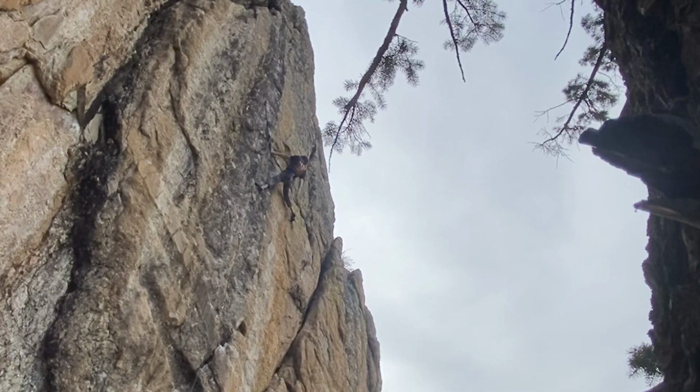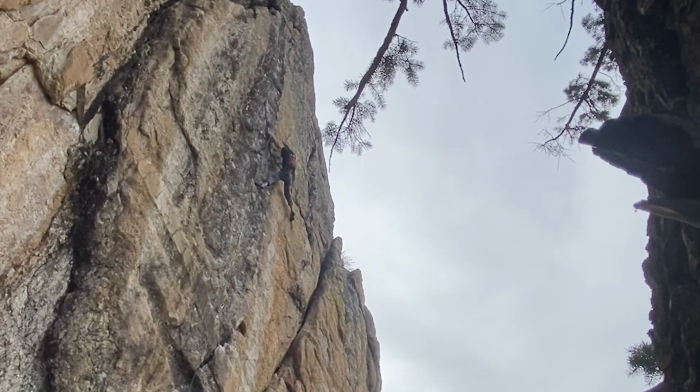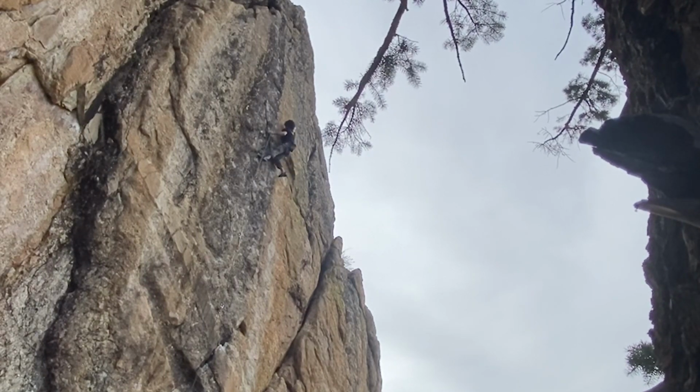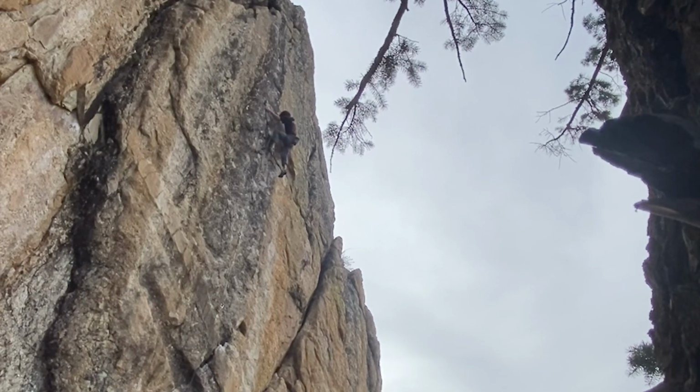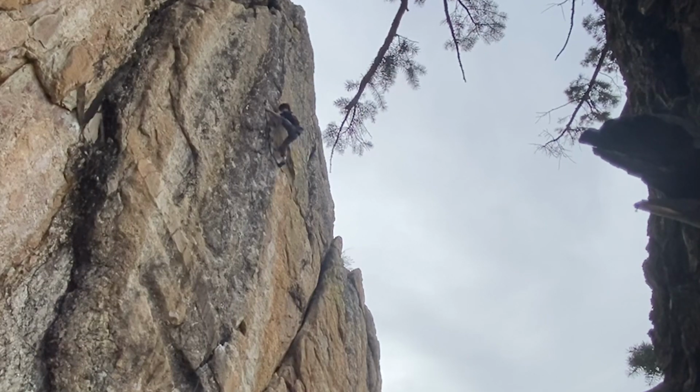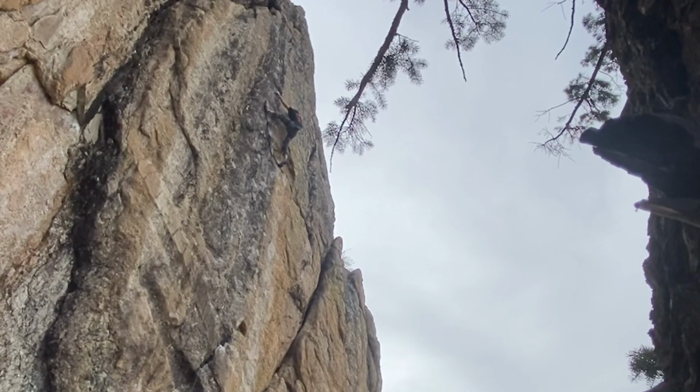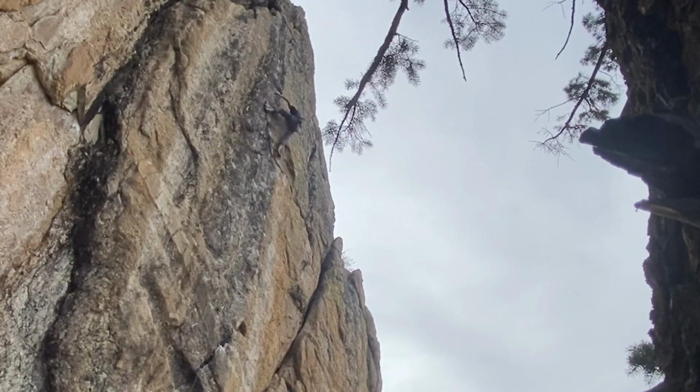From this undercling is where the crux starts. You do left hand out to a really good jug that's in the crack. Build your feet up really high and reach to a slopey side pull. I do a left heel, bump up to the very top of the crack, bring my left foot down, right foot up, then put the left heel back in and reach into this really cool, weird undercling pinch thing. You hike your left foot up and then you have to just pull into the undercling and just stand